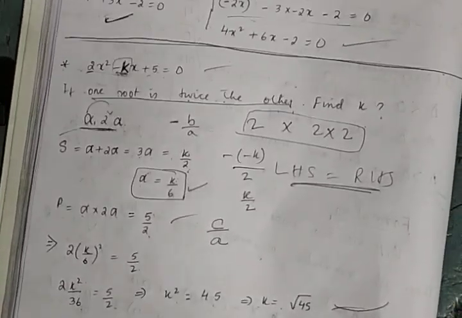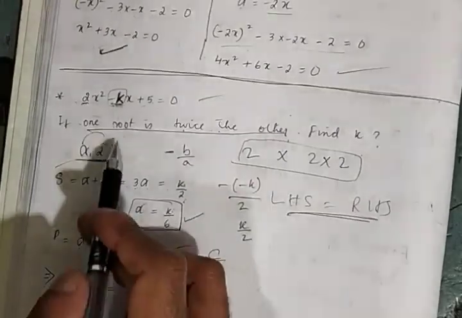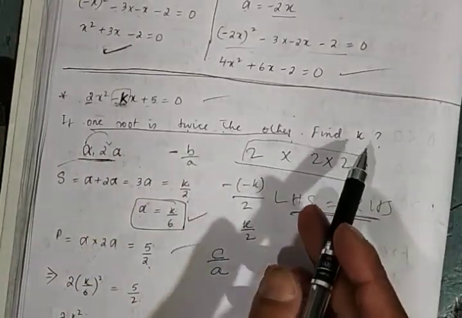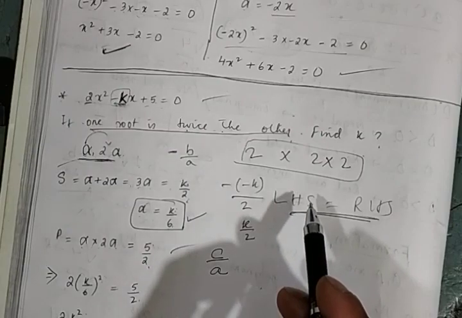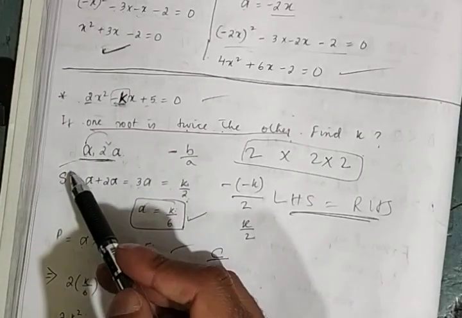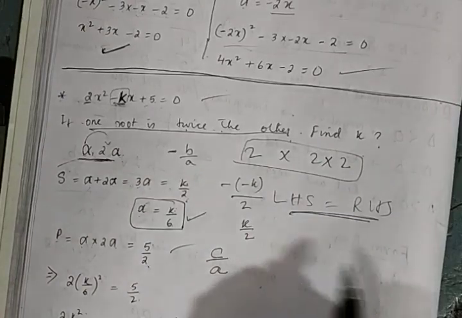Sometimes, with this type of problem, when one root is connected with the other, using sum only you can get the answer. Using sum only. But sometimes we have to use sum and product. Like suppose I say one root